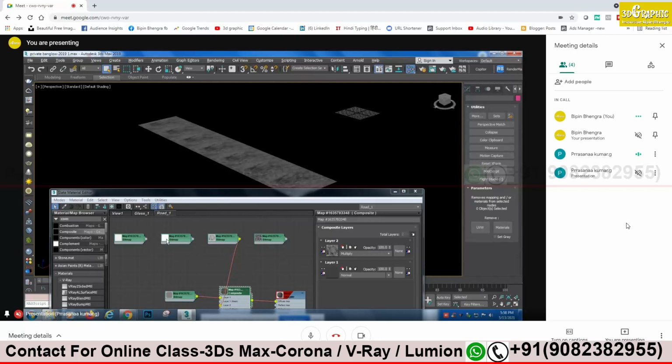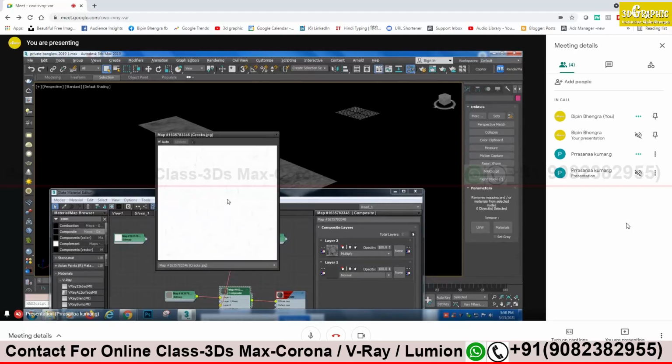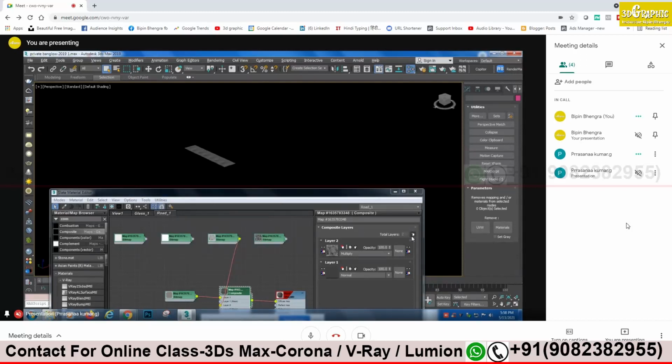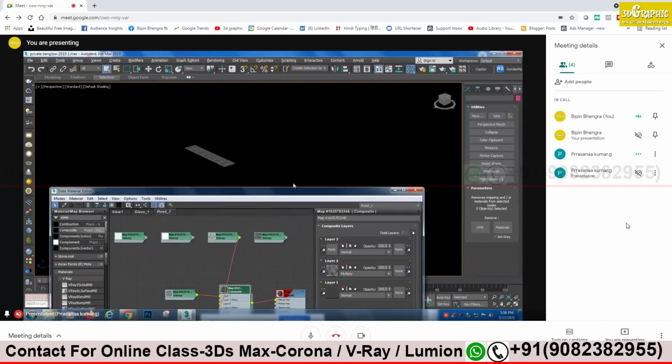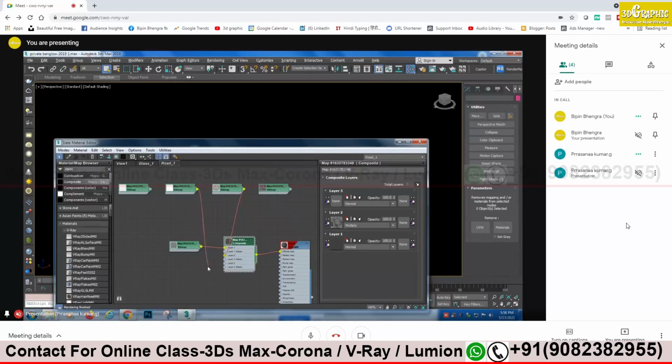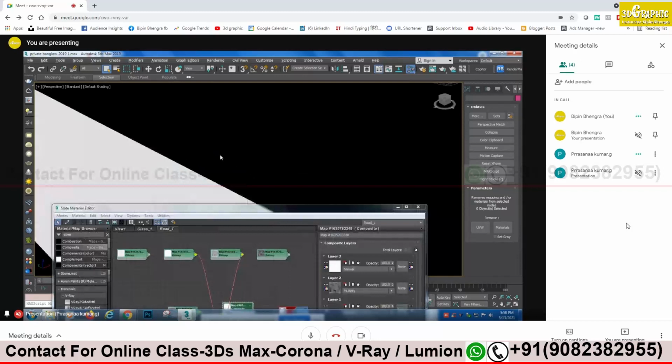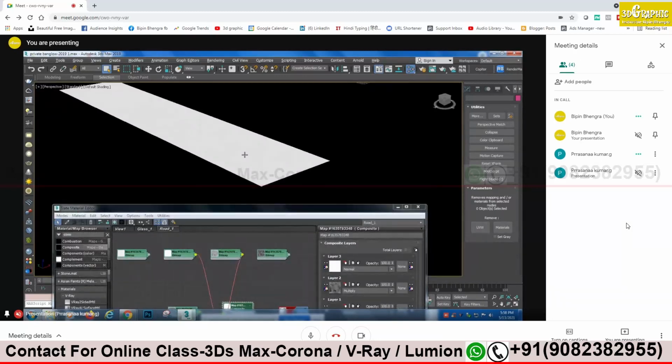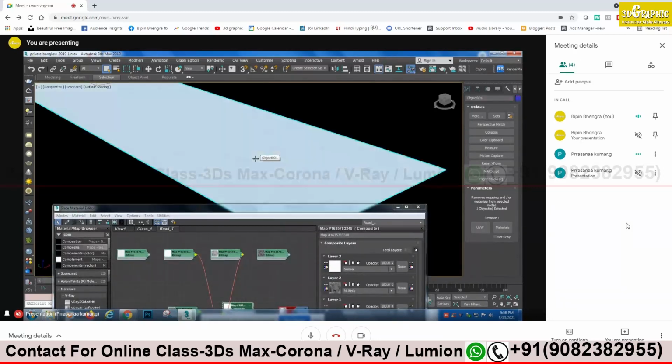Fine. Now I will take the crack. Apply that crack now. The crack one is really good. The only thing is you have to scale a bit. A new layer. Apply that crack. Again, the blending mode you have to change, and the scaling thing you have to do a bit.